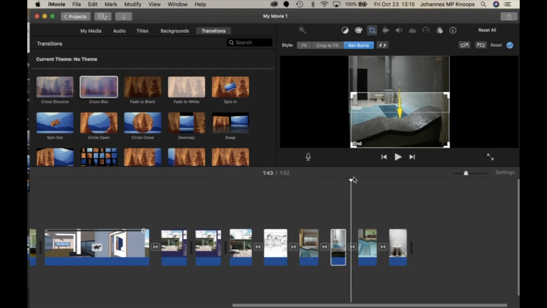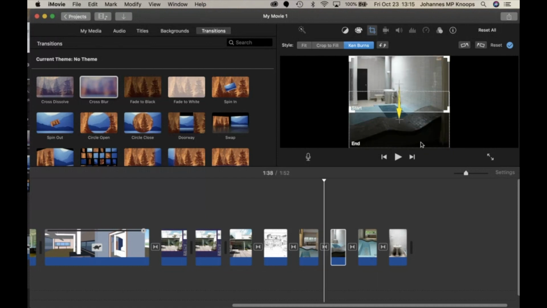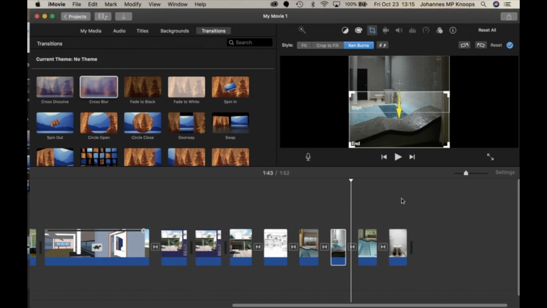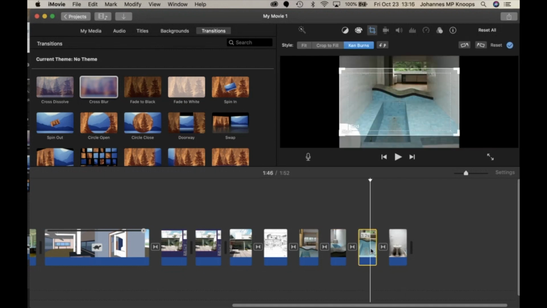But you want to make sure these things are aligned if that's the effect you want. There it goes. And it usually clicks on pretty nicely. It aligns itself pretty nicely. So we're going to start there and end there. That's cool. And then this part,